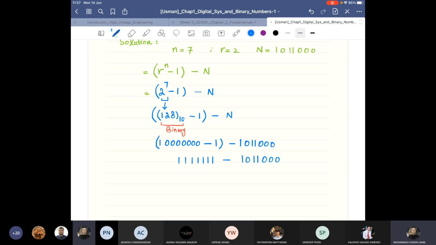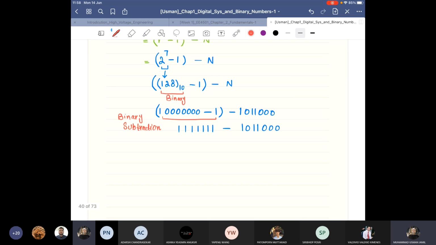Okay, so this one is now binary subtraction. Then when you do the subtraction for this one, so you will get,